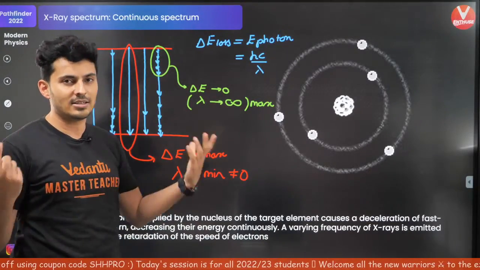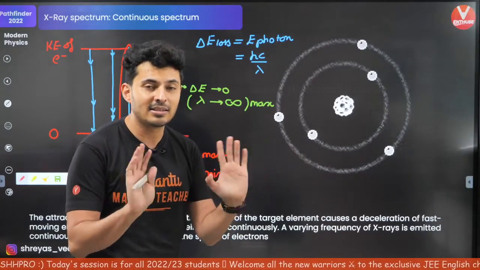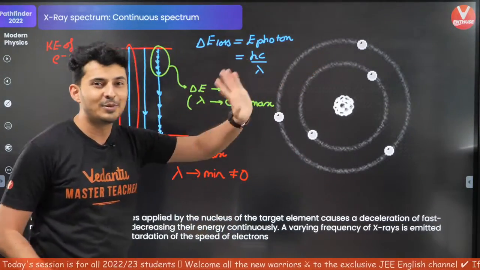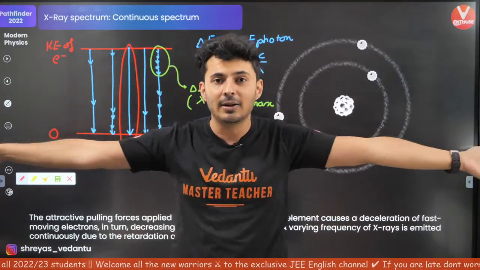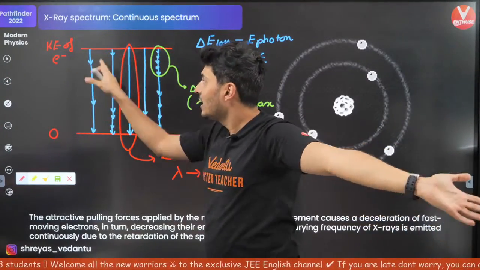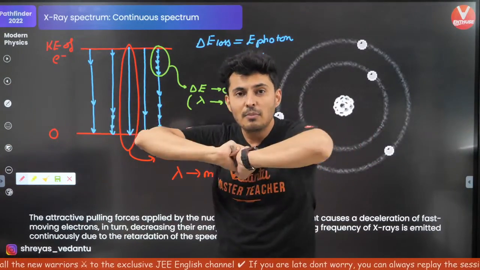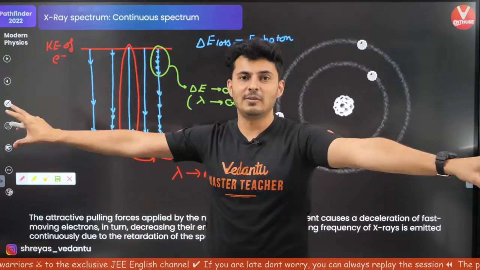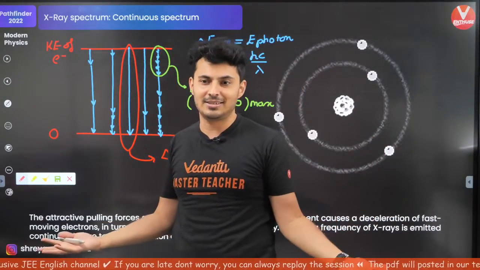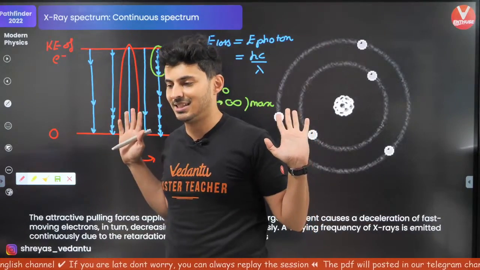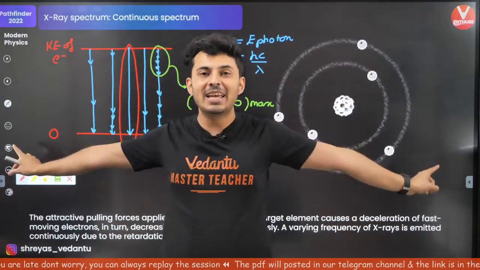Smallest wavelength means largest frequency. You can't get a frequency more than this. You can't get the photon's energy more than this because the electron lost everything that it had. This transition, it lost everything. Like, okay, take everything. Highest energy, maximum frequency, smallest wavelength. It can't give smaller than that. Sorry, boss. It only had that much. Is that understood?